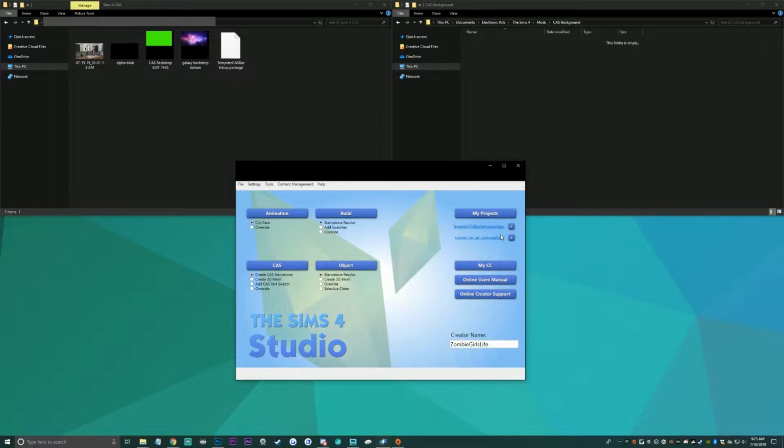Brain Munchers, it's your helpful zombie girl here, and today I'm going to show you how to change your Create a Sim background. In order to follow along with this tutorial, you'll need the Sims 4 Studio, which there's a